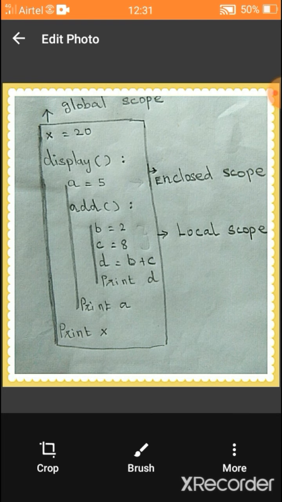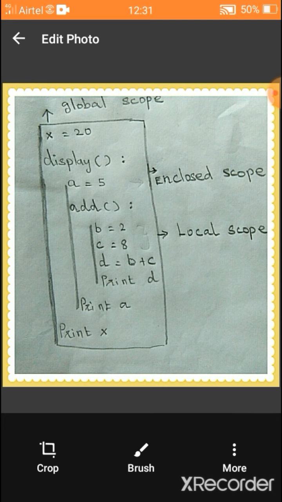Then print d. These four statements are given in the inner block. The lines I have drawn show what the blocks are. The inner block has four statements.